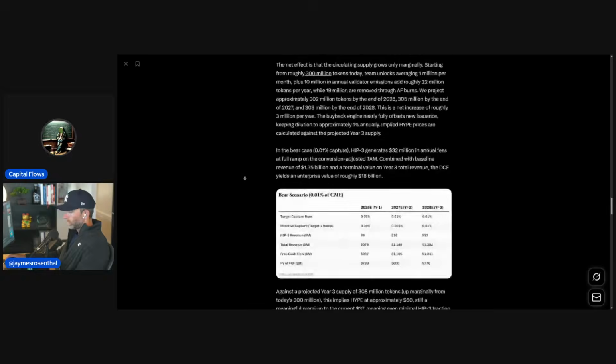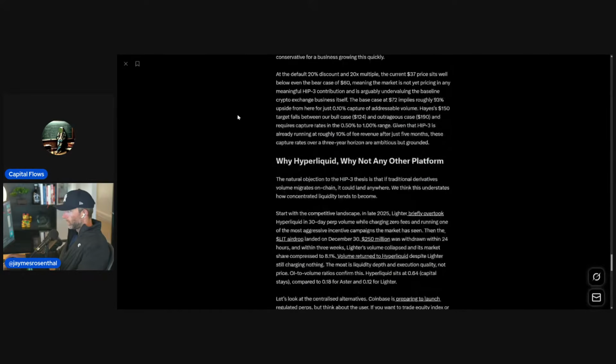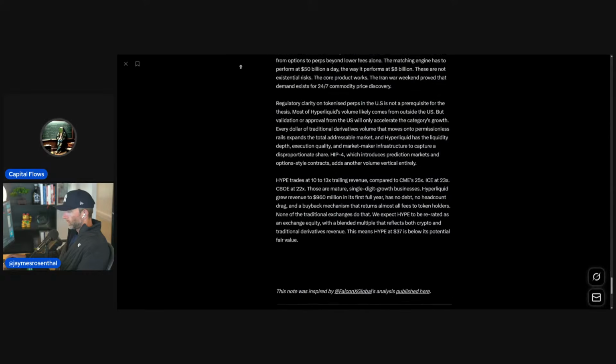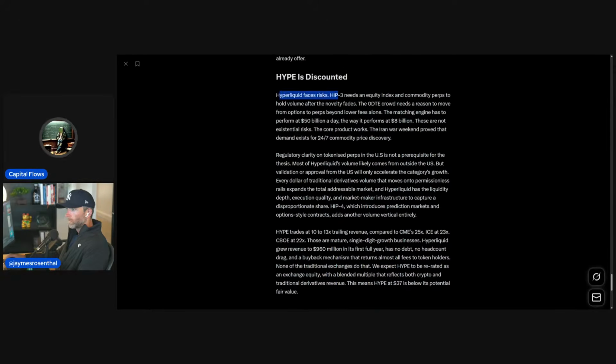And I think these were helpful as a baseline. I agree with this, and I think that Hyperliquid HIP-3 needs an equity index and commodity perps to hold volume after the novelty fades. And the 0DTE crowd needs a reason to move from options to perps beyond lower fees alone. So if you have all of this HIP-4 stuff launched on perps so that you have 0DTE options on Hyperliquid through HIP-4, and that goes on top of HIP-3, and all the fees for that are lower than the CME or anything like that,